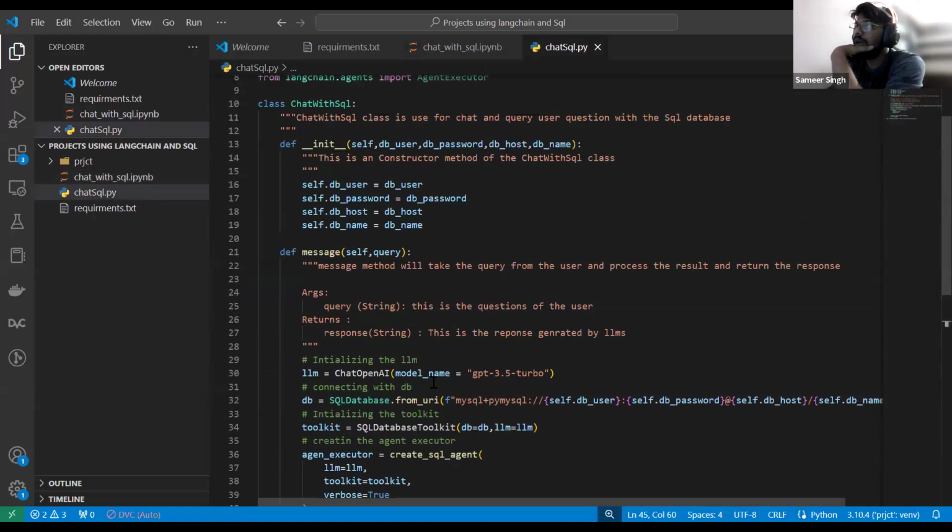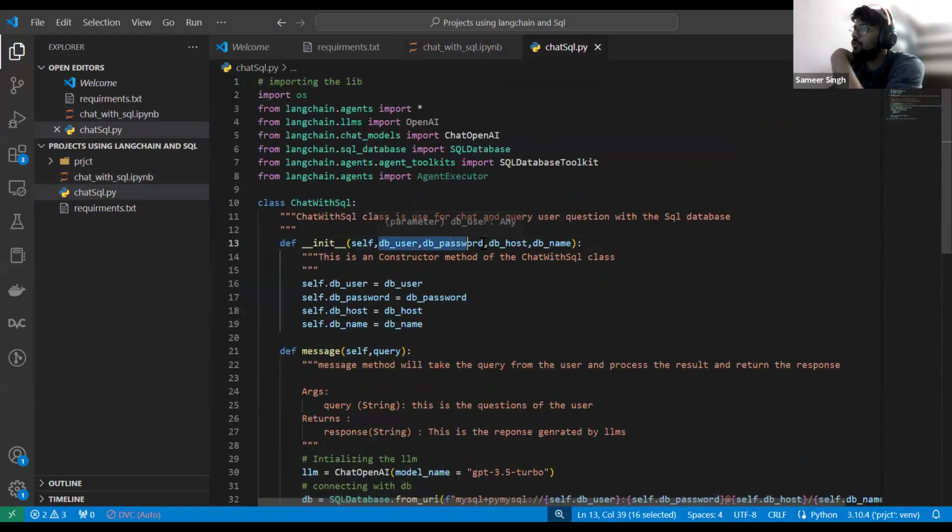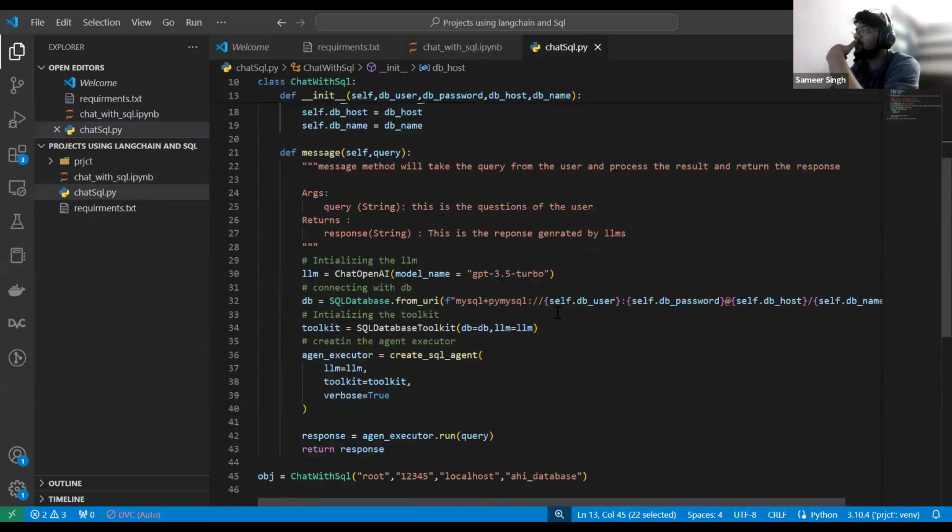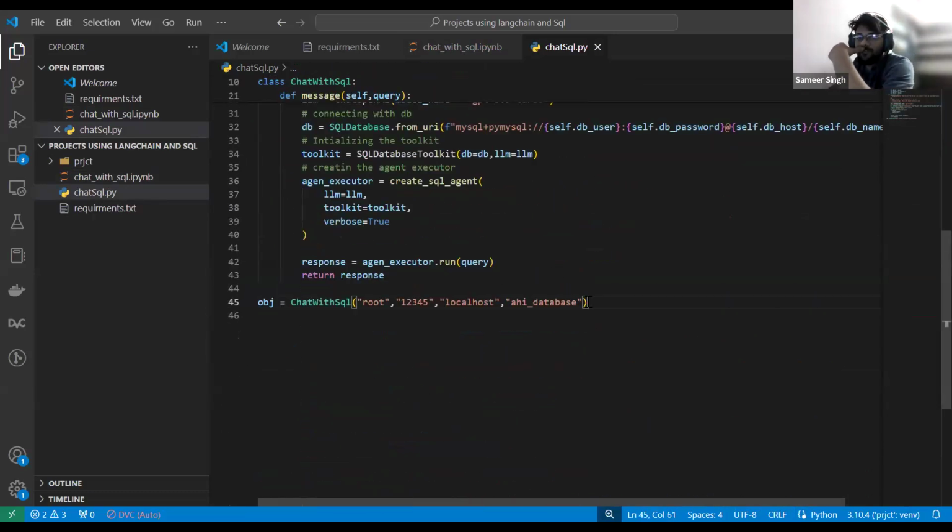So we are passing all these four parameters, right? One, two, three, four. So the four parameters we have passed here. Now we have created the object.